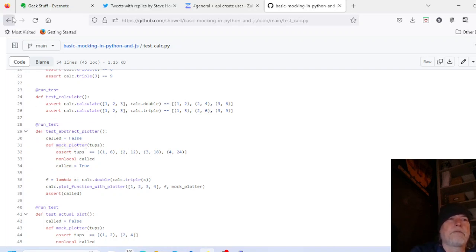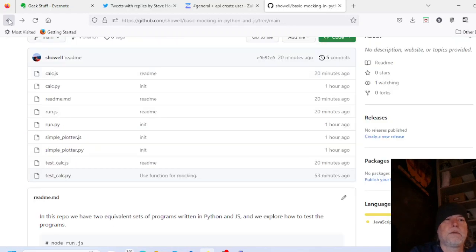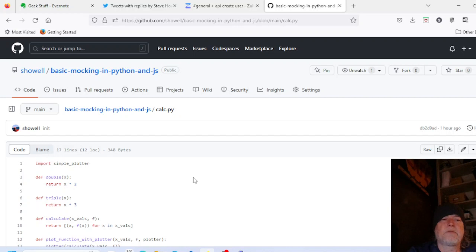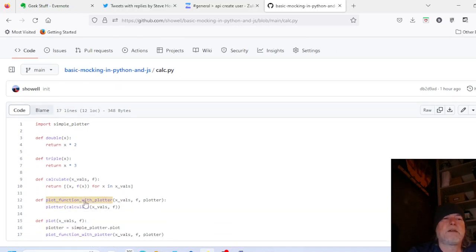We were fairly smart here in terms of how we created this function. We made a very testable function because the plot function with plotter function actually gets passed in a function, and as long as that function fulfills the contract of accepting basically a list of XY tuples, then plot function with plotter just calls it. So when you're writing your tests,